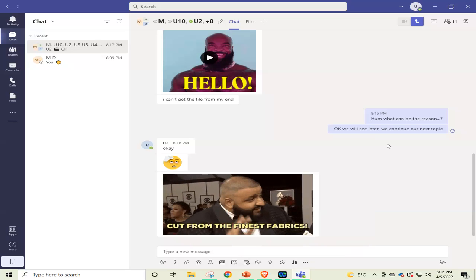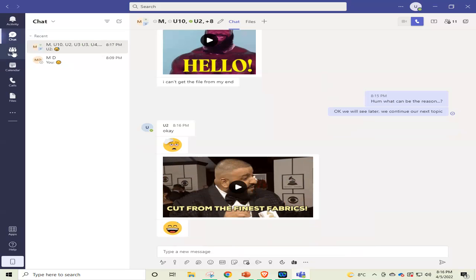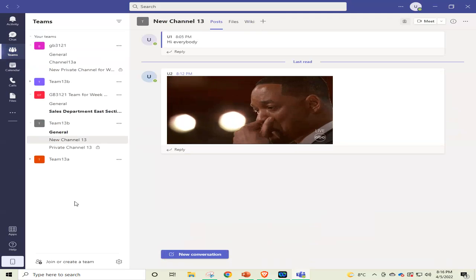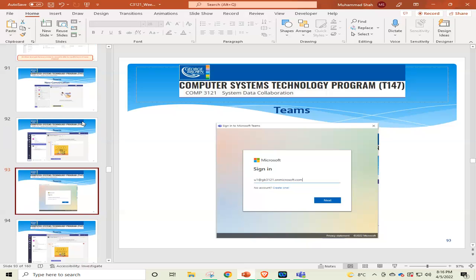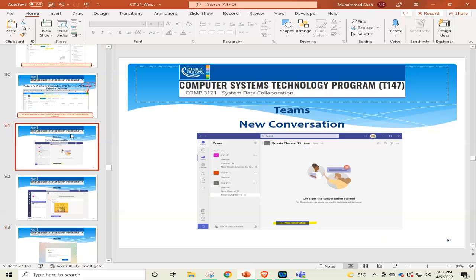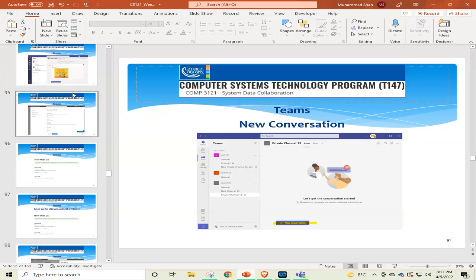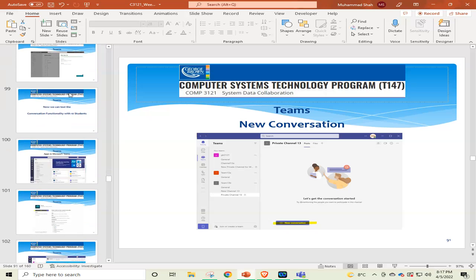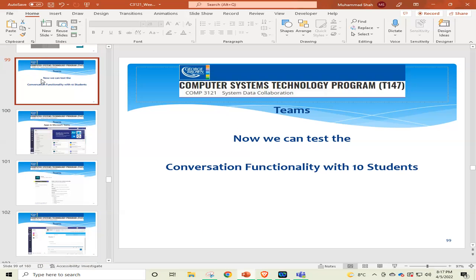And now we go to our next topic. We go back and click to our Teams and see what we can do next. I will go to the PowerPoint slides file and see what our next picture is. This topic was to start a new conversation, and we have exchanged text messages in the new conversation. I have added all these 10 users, and any student can log in with any of these users and then come into the chat window.